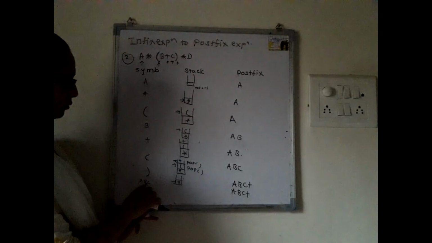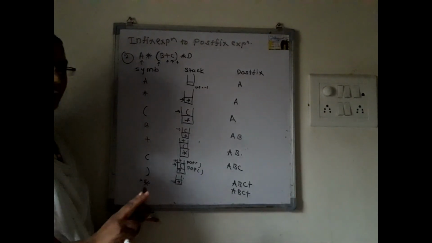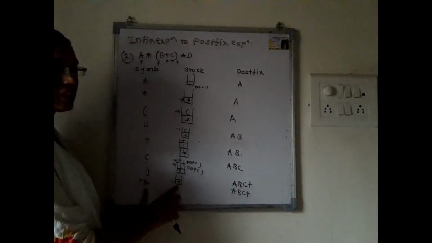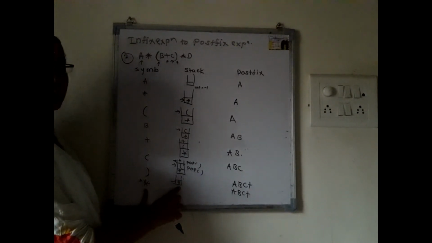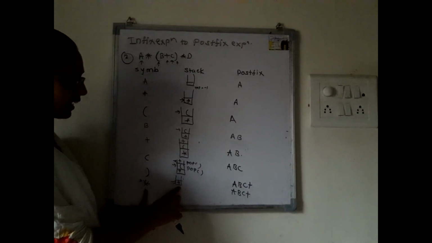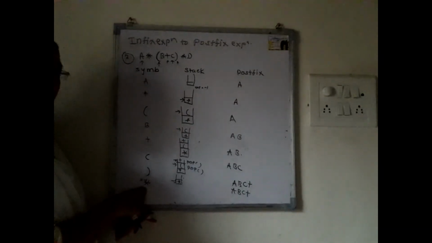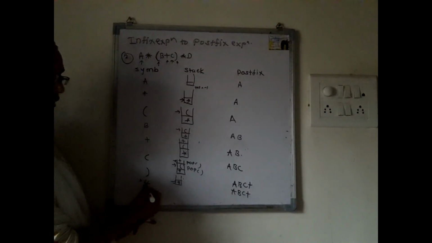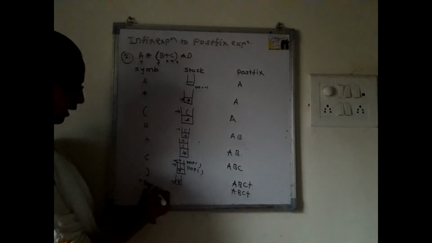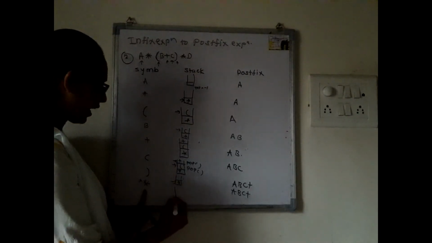See that even if both operators are the same, the priority of both operators is different. In-stack priority of multiplication is 4 if you see the table. It means that if it is in the stack, the priority is 4, and when it is an incoming operator, its priority is 3. So 4 is greater than 3. So we will pop this operator and attach it to the expression, and push this operator into the stack.